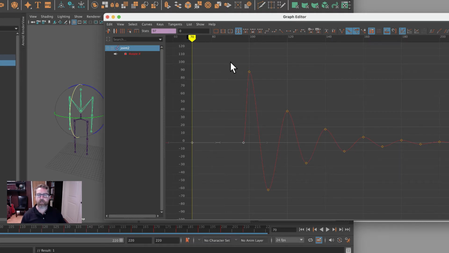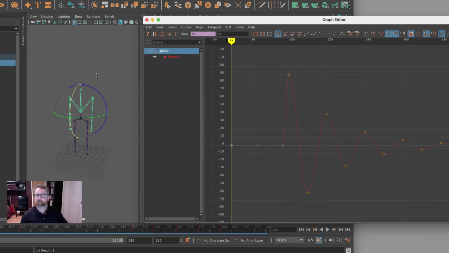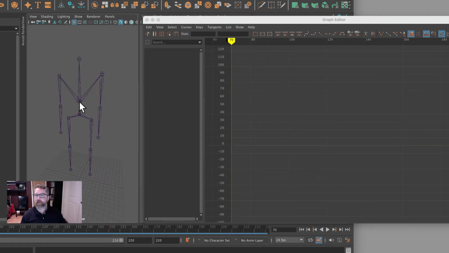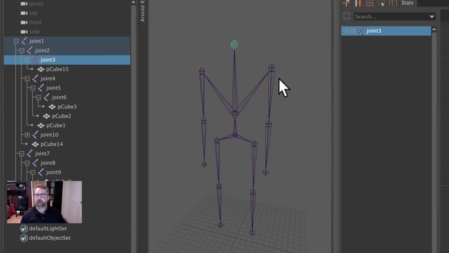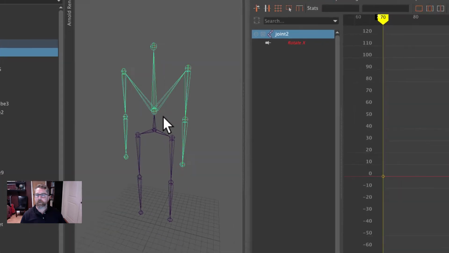Now we can copy and paste. We're going to copy and paste to this joint here, the neck, and the shoulders, which will have the same 3-unit offset, but these will be going in the opposite direction. And I'll show you how you can just flip everything with a simple input. But let's just do our neck here. We'll copy and paste